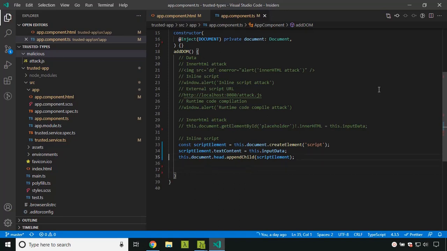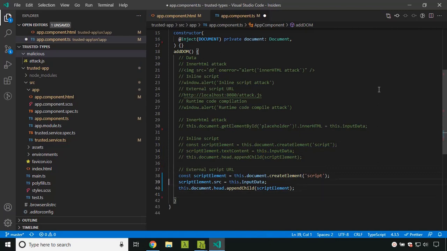Let's comment out this inline script and add this code. Again I am doing the same thing: I am creating a script element, and then instead of assigning to the text content, I am assigning the data to the source. What I am going to enter is a URL, an external application URL.